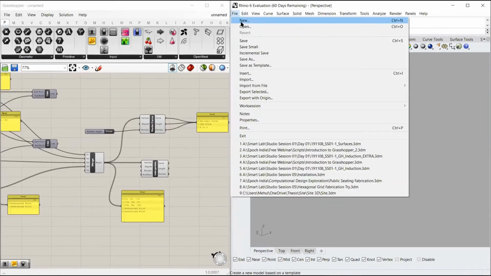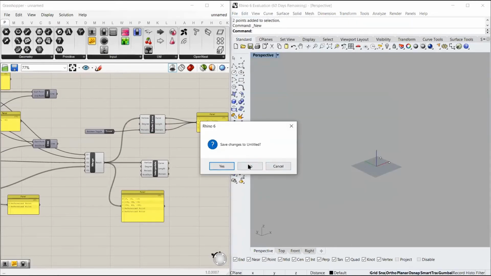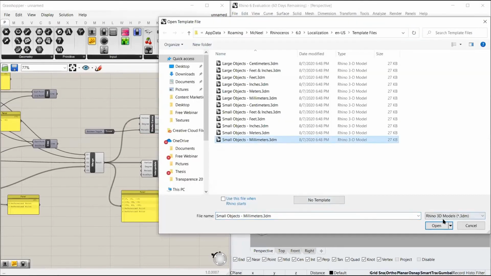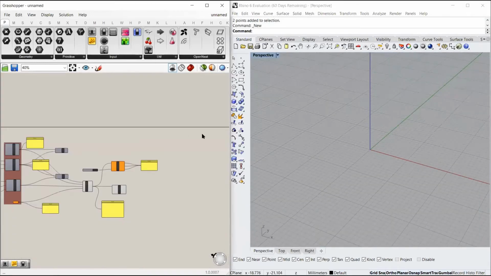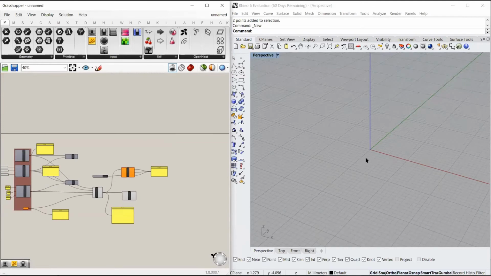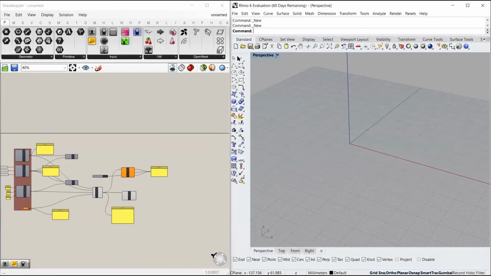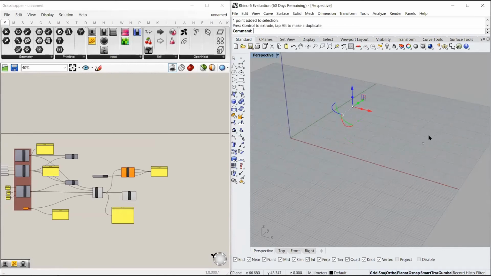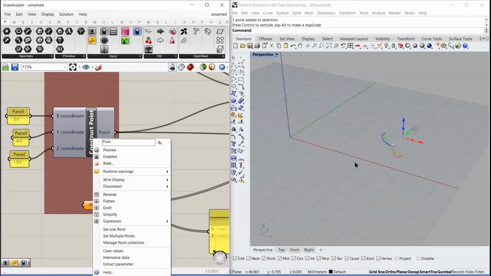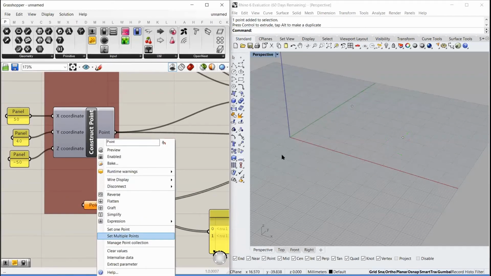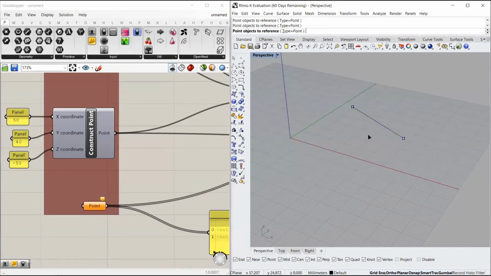That's an error. I will create a new file. I could just reference 2 points again. I will go to this point option. I will go to reference multiple points. Select this, enter.